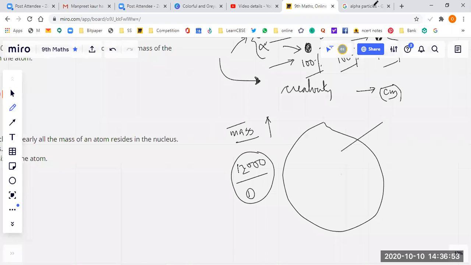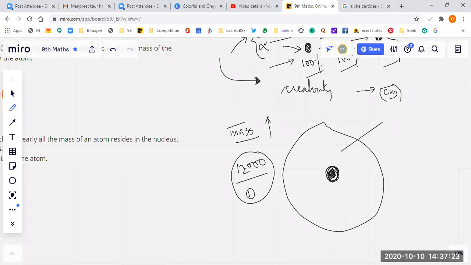छोटे से वॉल्यूम में। क्यों हम बोल सकते हैं? क्योंकि अगर उसका एरिया बहुत ज्यादा होता तो बहुत सारे अल्फा पार्टिकल्स बाउंस बैक हो जाते, मगर 12,000 में से सिर्फ एक पार्टिकल बाउंस बैक हुआ है। इसका मतलब ये हुआ कि कुछ ऐसी चीज है जहां मास का काफी ज्यादा कंसंट्रेशन है। और हमने देखा कि मैक्सिमम पार्टिकल्स तो अनडिफ्लेक्टेड ही चले गए,